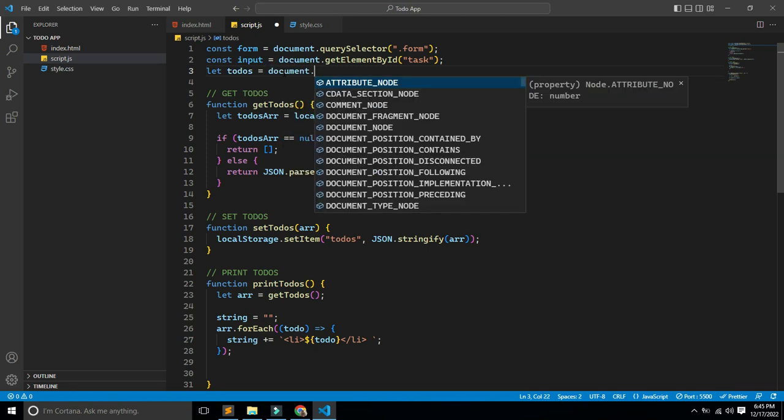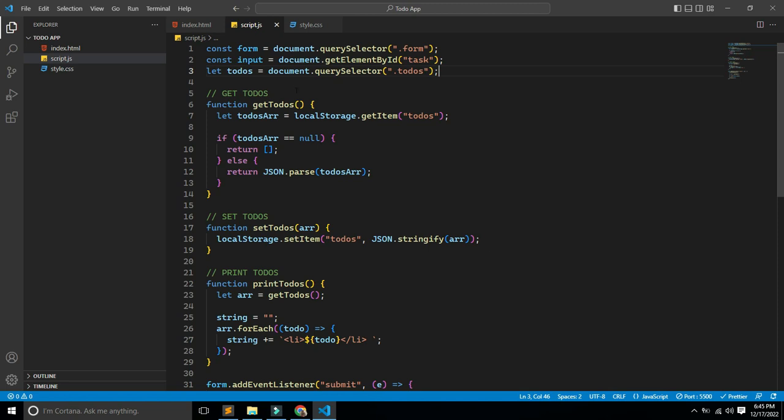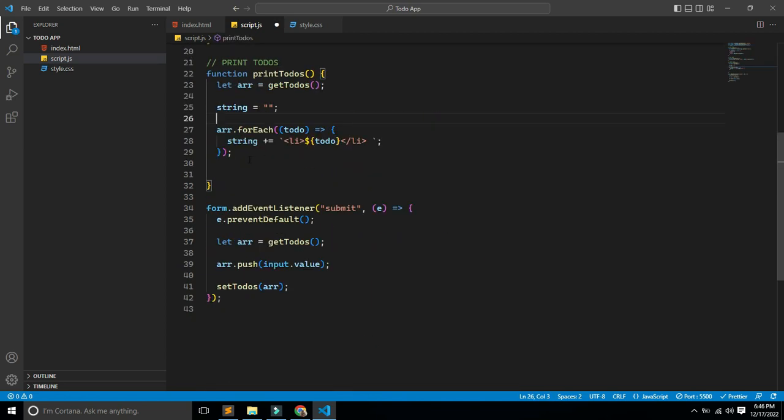Document dot querySelector dot todos, and we get that DOM element up here. We have to push that string to this. That's it. When all the array elements become list items, we will append that